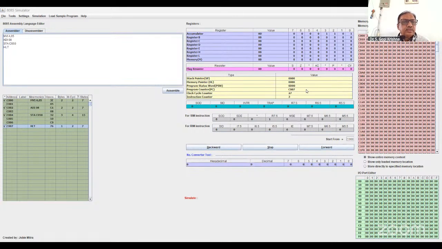With carry. So the 8-bit data and the carry flag are added to the contents of the accumulator, and the result is stored in the accumulator. All flags are modified to reflect the result of the addition. So the add immediate instruction, this